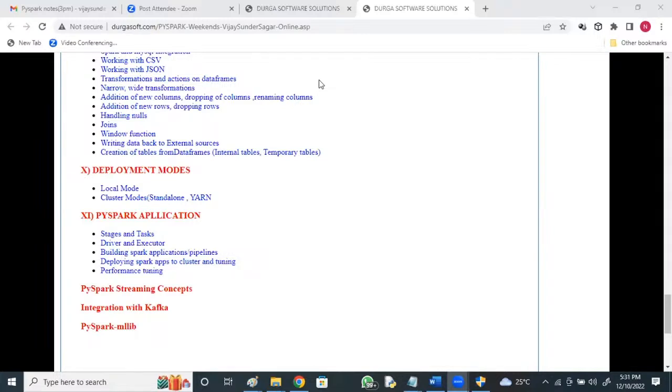Within VMware also, I'm going to provide PySpark running, where you can see all these components, Spark, PySpark, Spark with Scala, and all the other Hadoop components, and work with them.